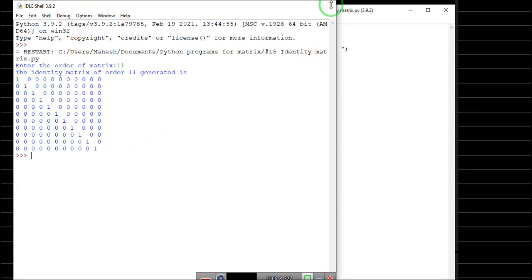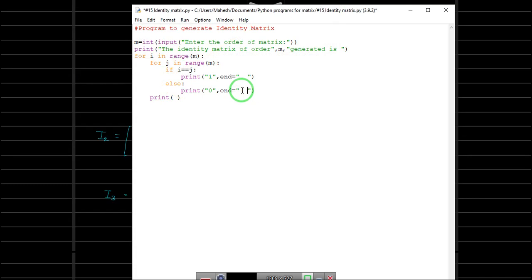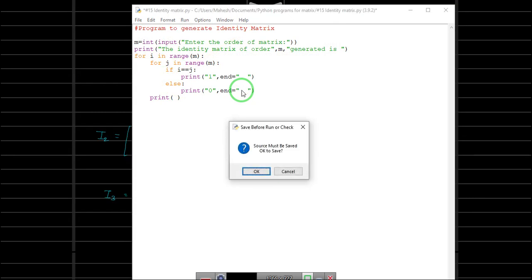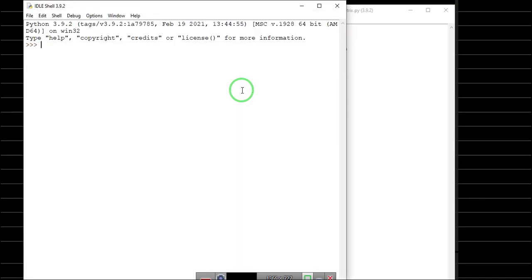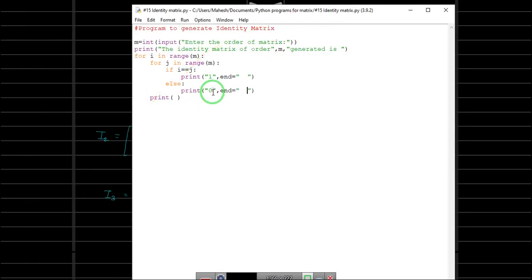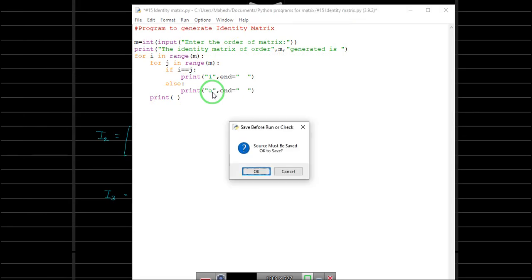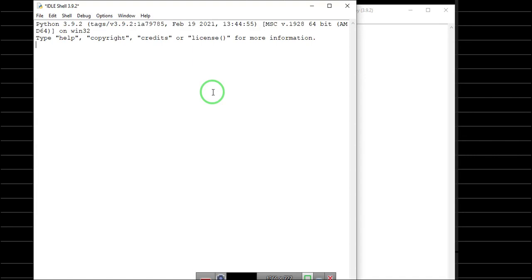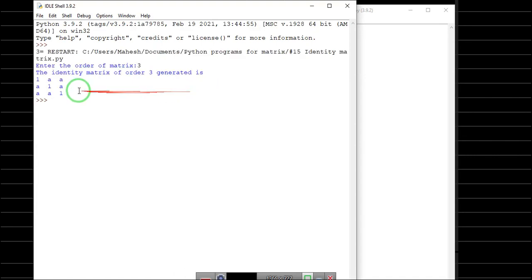Okay. So again, make sure that you are putting the spacings properly. Let's go by 3 by 3. Properly spaced entries will be coming. Okay. If we want a here, we will just put a. If i equals j, it will be 1, otherwise it is 0. So this is how the program will run.